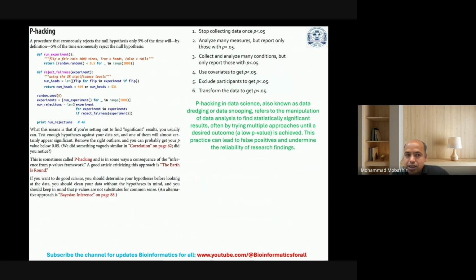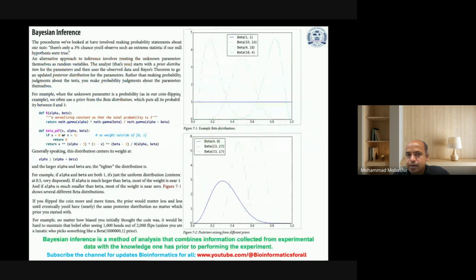So this is p hacking, which is in some ways a consequence of interference from the p-values framework. And there are a number of similar articles which you can read. In short and summary, what is p hacking, why we should avoid it, and how we should avoid p hacking. Now, it comes to Bayesian